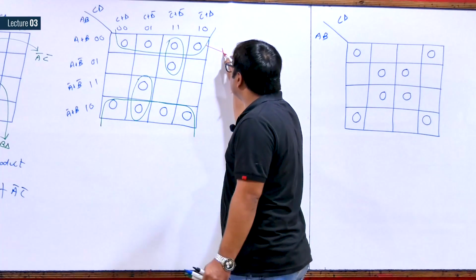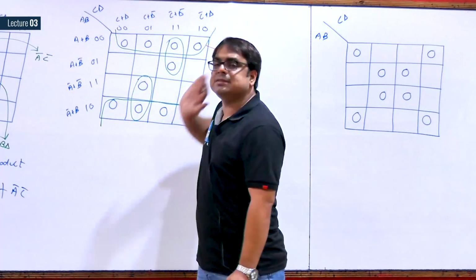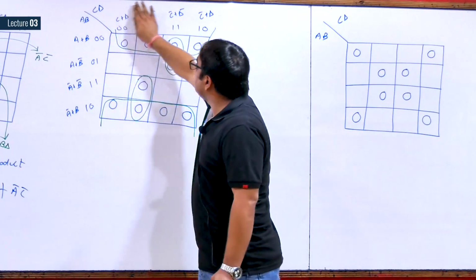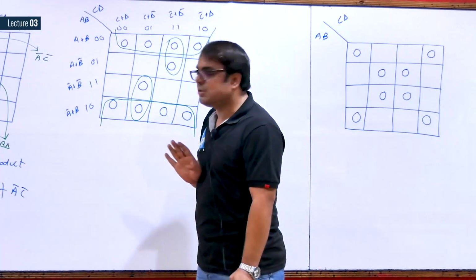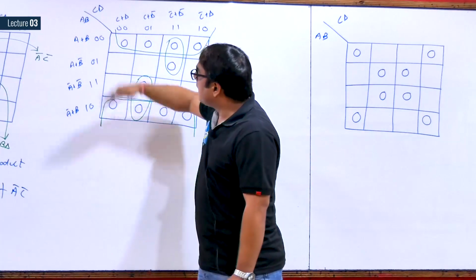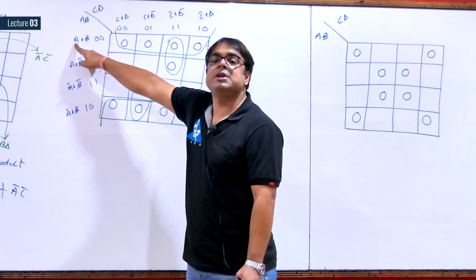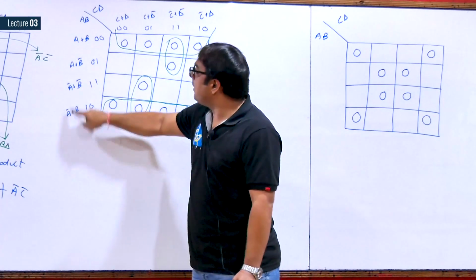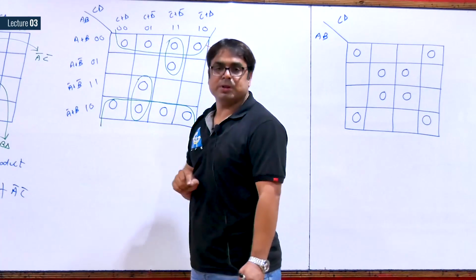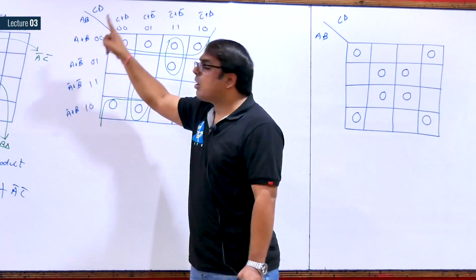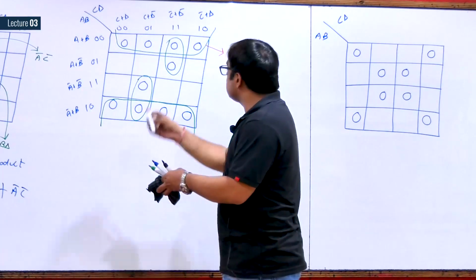See this octet now. In this octet, definitely C and D are reduced, as all C and D are changing. Now A and B in this octet: A complement and A will get reduced. So what is common? B is common in this one. So this expression is B.